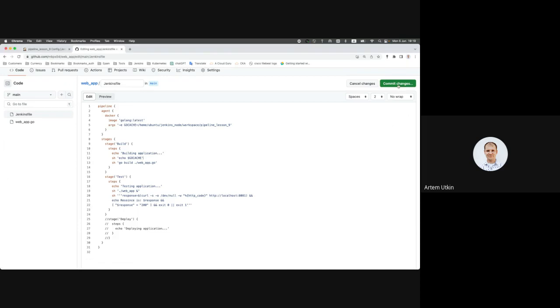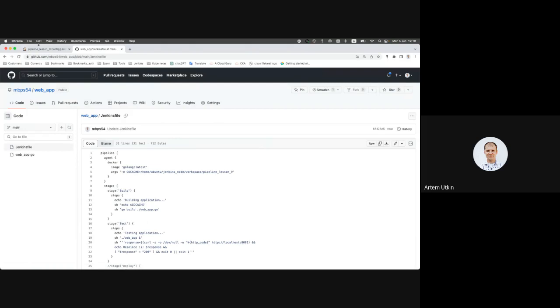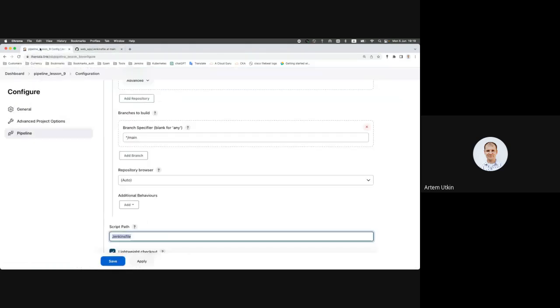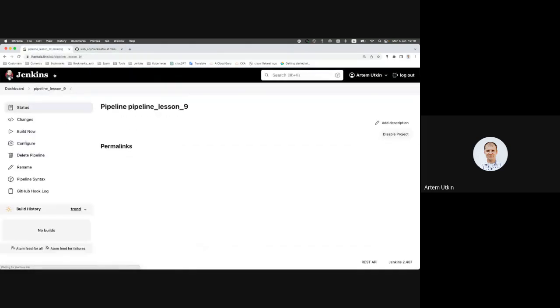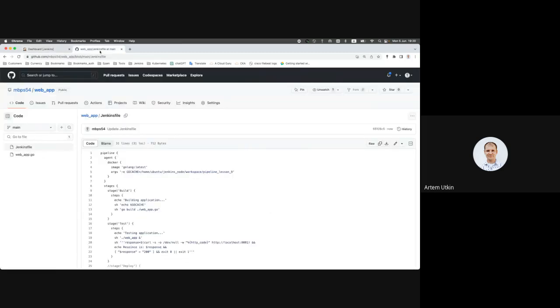Okay, seems to be correct. First time, let's build it manually. And when we checked something inside the